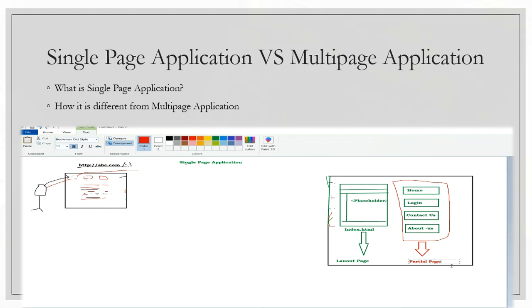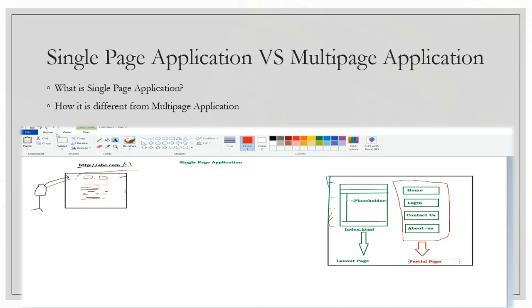In Angular we are using the term component. These are the individual components. So Angular is built with a collection of components. So we are using some small components to create a big application in Angular. So now we are having one layout page and few components, or called partial pages. The collection of the layout page and the components is bundled in a single module. So we call this a module.